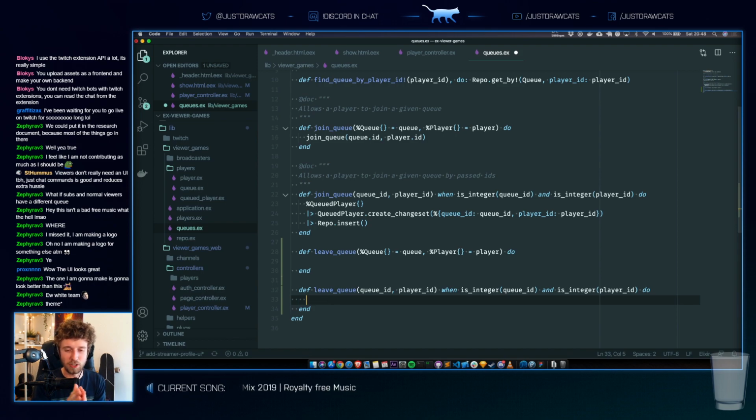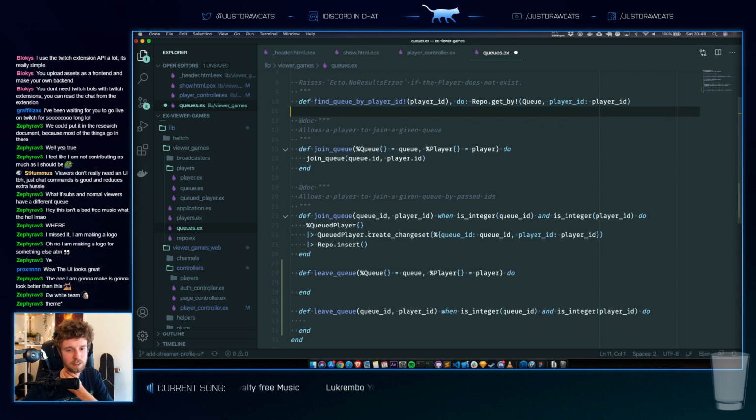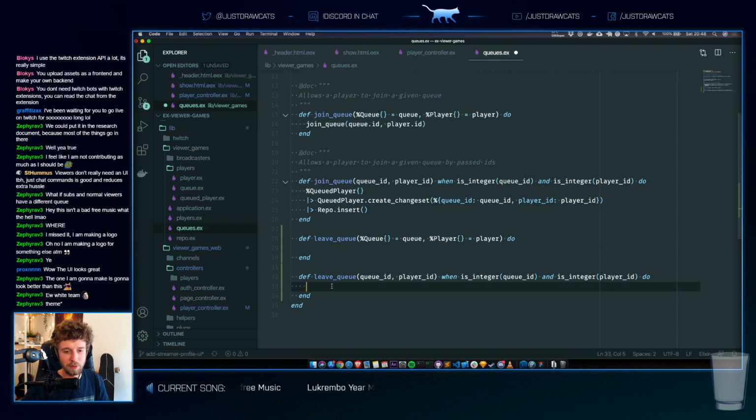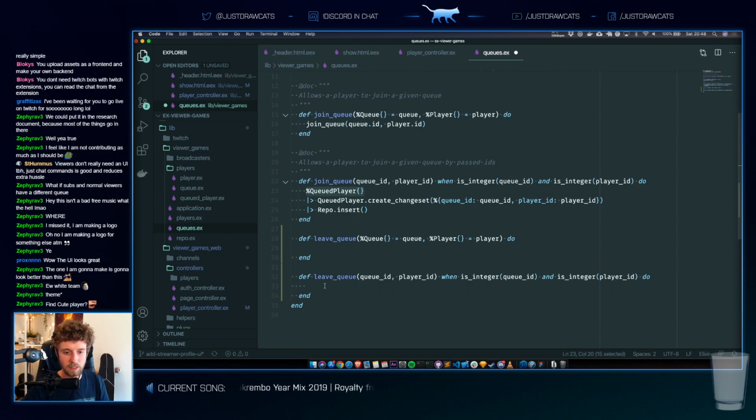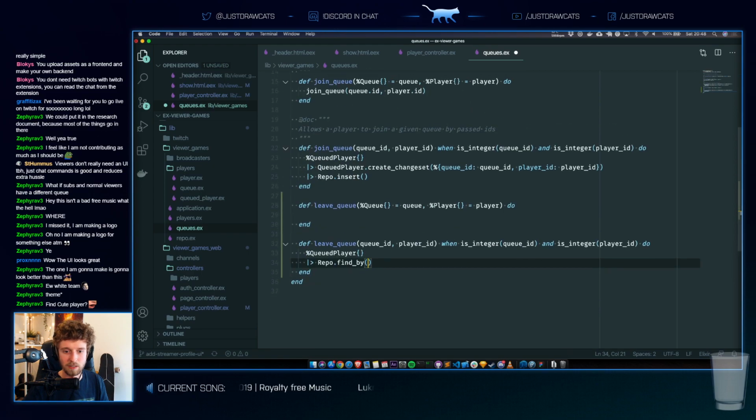We need to find the queued player. Find queue by player ID. We need to repo.find. Oh boy. Repo.find by. How does find by work? Get by.